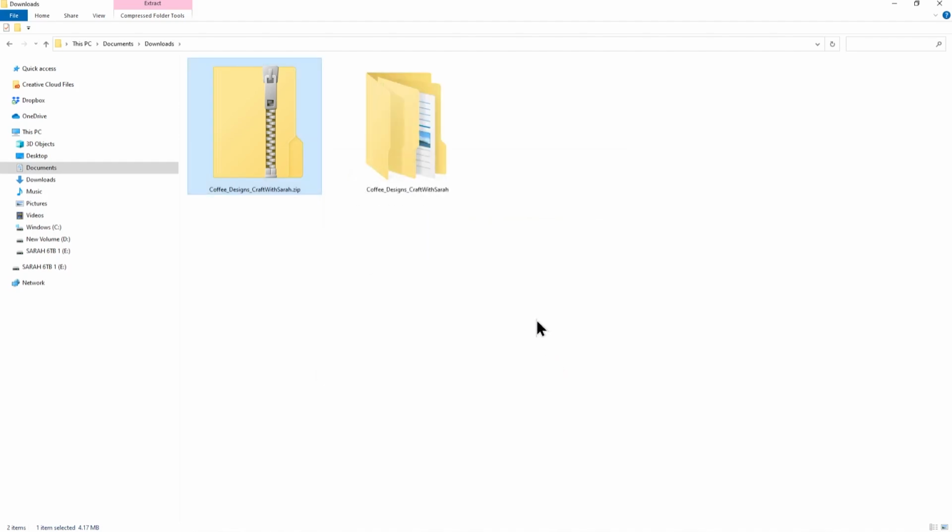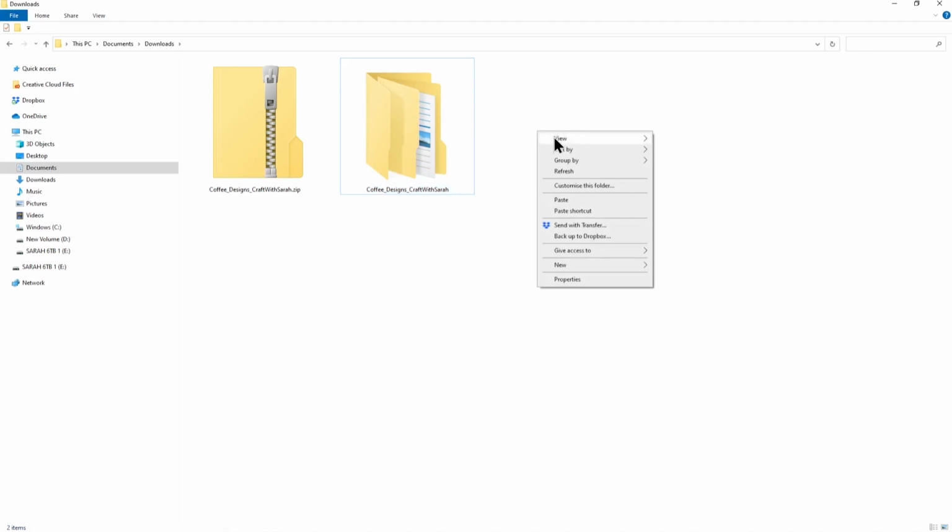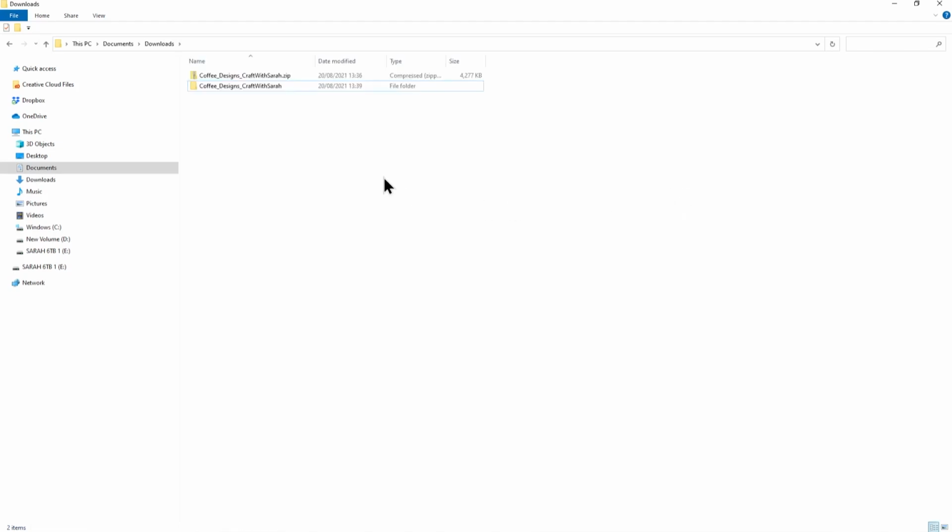So you can see what that's done is because I saved it in the same place as my zip folder, I've now got another folder in here, and this one is not zipped. I know that because it doesn't have that .zip in the file name, and also it doesn't have the zip on the actual folder icon. So if I look at it in detail view, you can see the little picture is still a bit different. So let's take a little look in here.